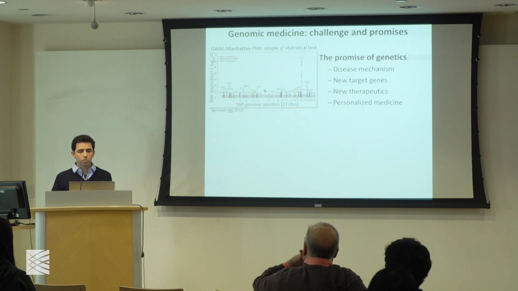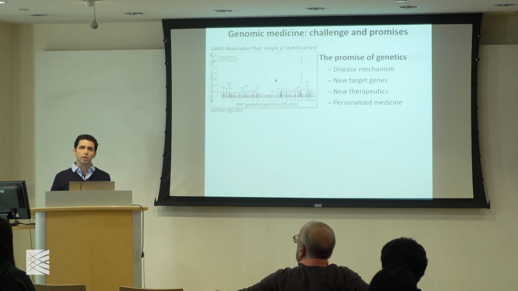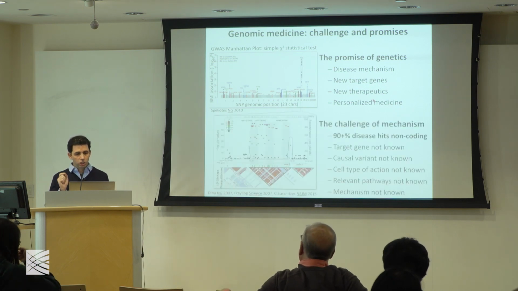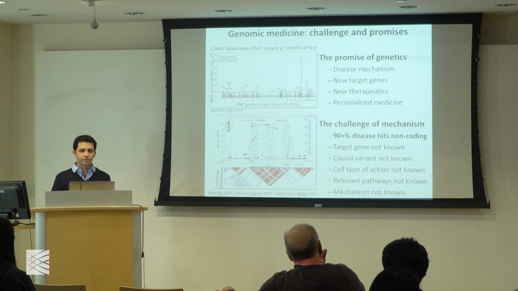So why do we need to worry about these regions? The reason is that they give us a mechanistic insight that something in there has something to do with disease. Therefore, we should be able to understand the disease mechanism, discover new target genes for therapeutic targeting, and ultimately enable personalized medicine. The challenge, however, is that when you look within these regions, you find that the vast majority